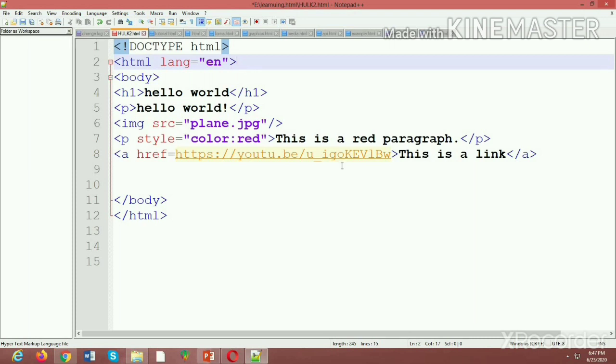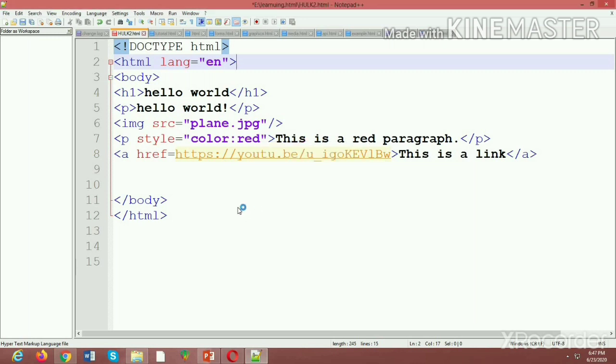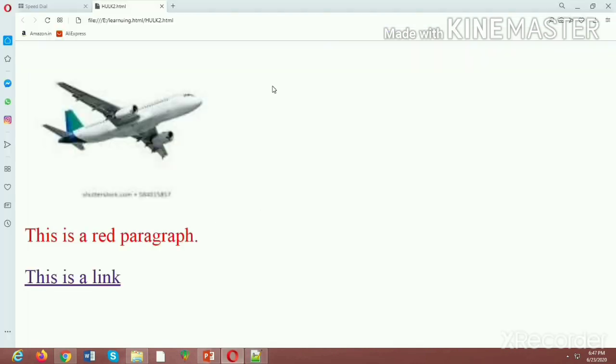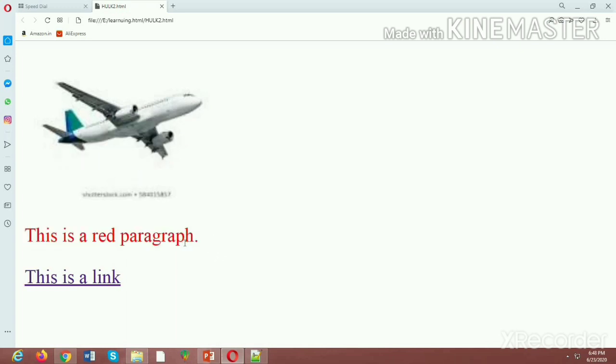Now I'll run this all to show you. Now F5, then run. Guys, as you can see, this is the image, then this is the CSS body that I told you, the style, then this is the link. If I click it here, it will take me to my video.